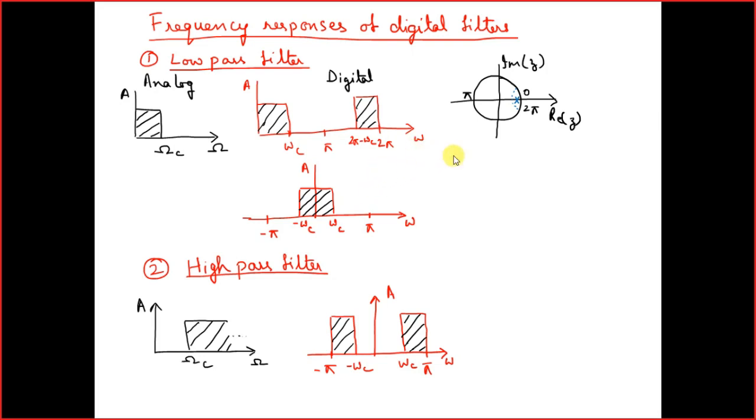Next, some of you may ask, sir, why are we not going beyond this minus pi to pi range? The simple reason is that we have previously discussed, as we move from 0 to pi and then pi to 2 pi, if we again start moving towards the higher frequencies, what will happen? We'll have a mapping condition where multiple frequencies in the analog domain will be mapped to a single frequency. So then there will be a confusion.